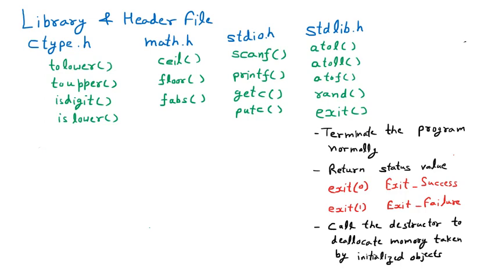While running the program, we know that there are so many supporting files. You are going to store the variables in the primary memory, and you are taking some temporary files. So everything will be deleted afterward with the help of the destructor. That is the purpose of the exit function. Now we are going to discuss the next function, which is similar to exit, that is called the abort function.